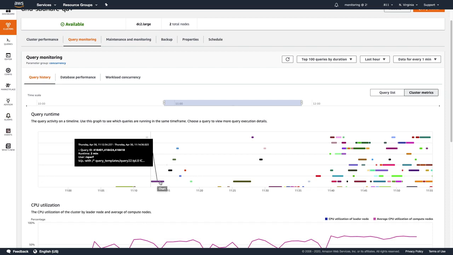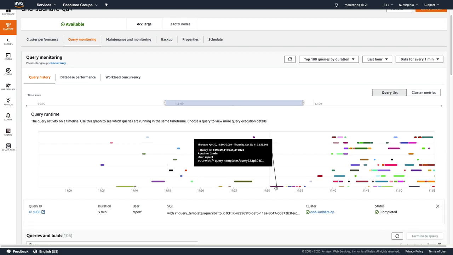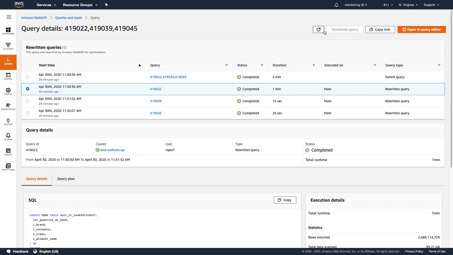The length of the bar represents the query runtime, and you can hover on top of it to learn quick query details. Let's click on the query list and pick a query we want to isolate and review. In order to do that, you can click on one of the bars on the Gantt chart. For example, let's click on this bar with 3 query IDs. A link pops up which takes you to this query details page.